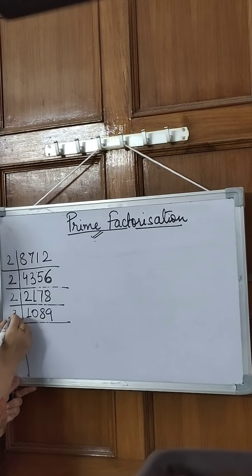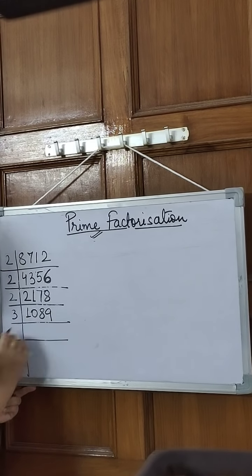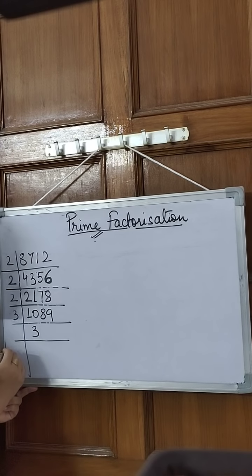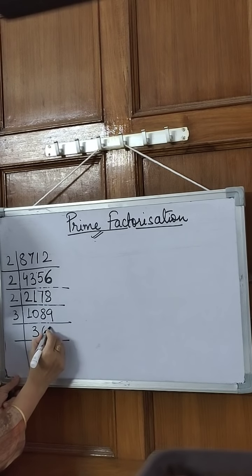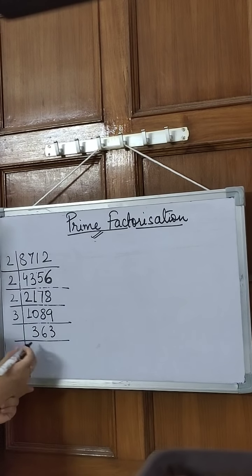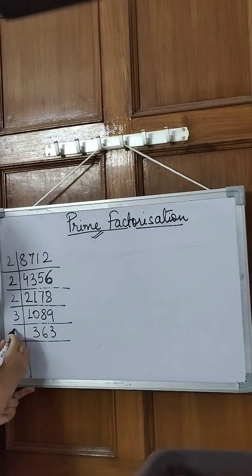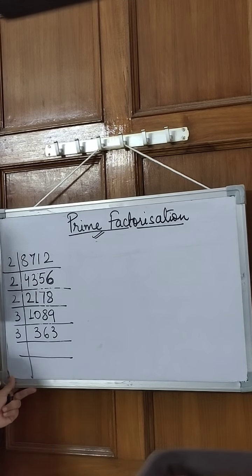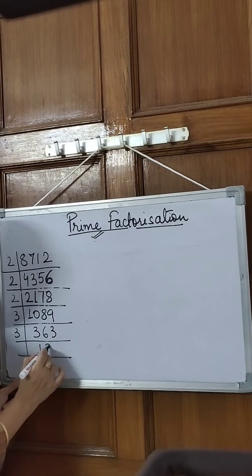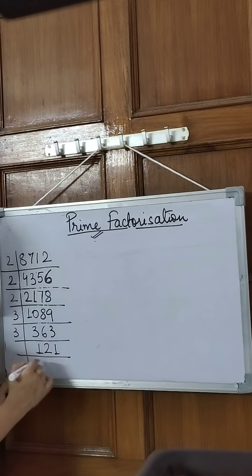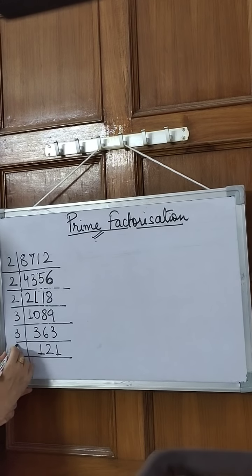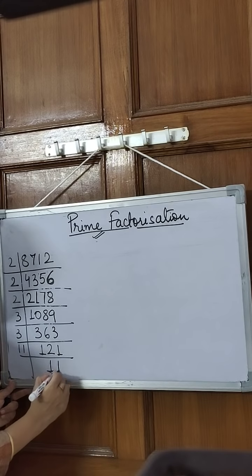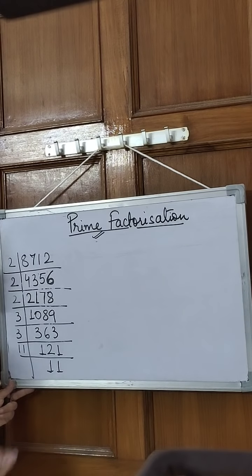So I will now divide it by 3. So 3 3s are 9. 1 will be left, so this will make it 18. 18 means by 6, then by 3. Now you don't have to add the digits, it is clear that this number is divisible by 3. So 3 1s are 3, 2s are 2, and 1. Now this number 121 is divisible by 11. So by 11, and then 11 1s are 11. Whether you write it or you don't write it, it is okay.